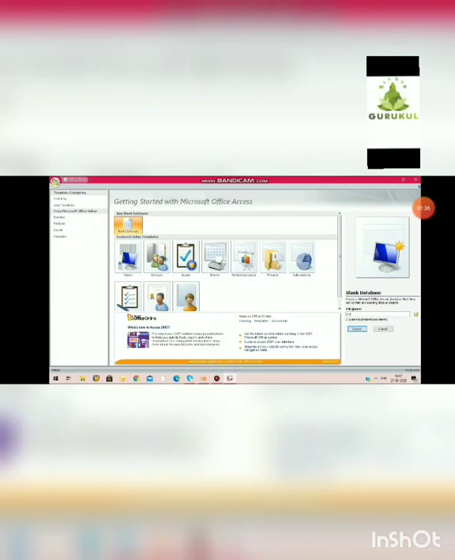See, in the rightmost corner you can find a blank database written there. To create a new database, give your file name. You can give your own name to your database. As you type your name, click on the create button, then this type of screen will appear. See, this is our Microsoft Access work area.